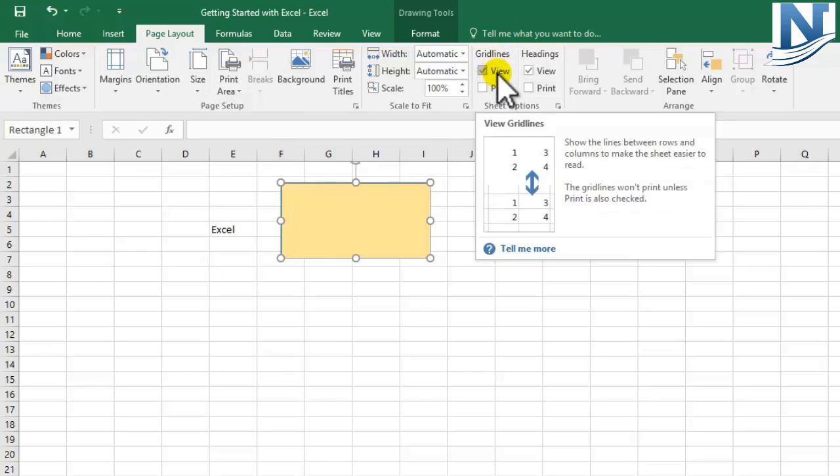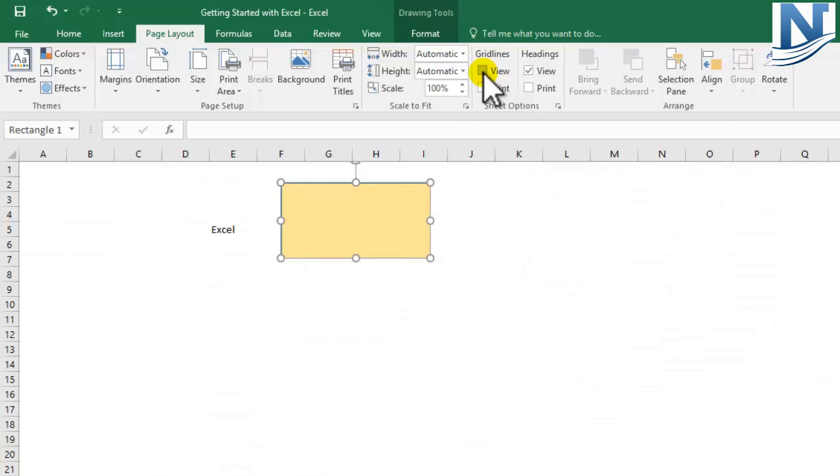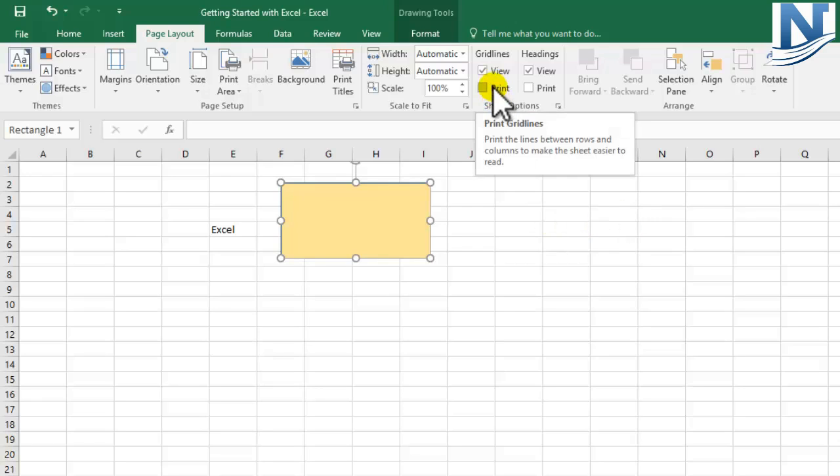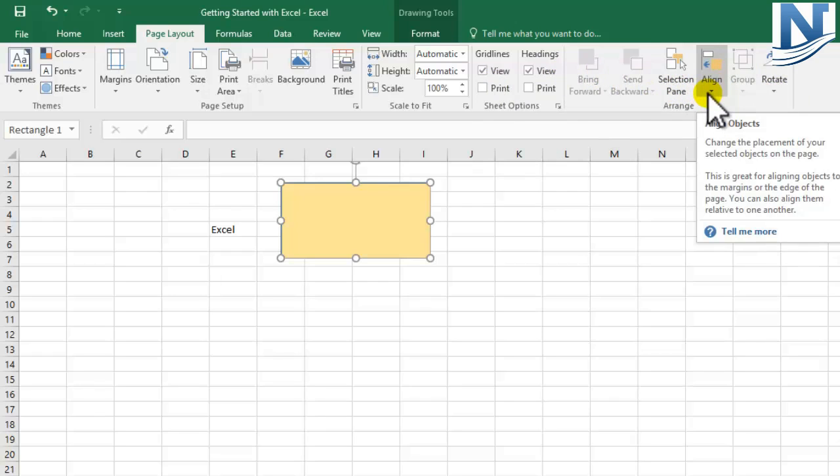I'll show you. We currently have view option as checked. So let's see what happens if I uncheck it. Can you see all the lines are now gone? Okay. So again, this is one form of formatting your worksheet. You can see that in some of the future videos as well as in the advanced Excel course, you can view the use of grid lines there. Then yeah, these are other options as well which are present, and as and when you require it, you can come to the specific tabs and use it.